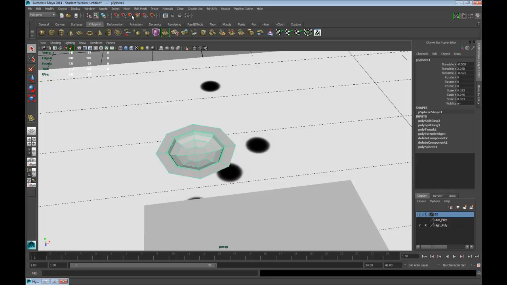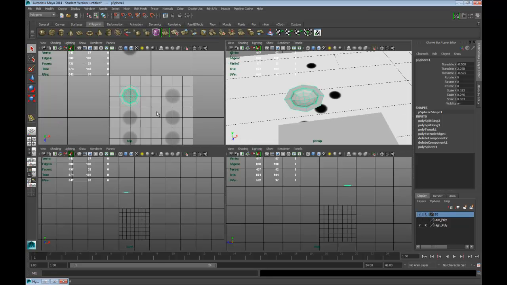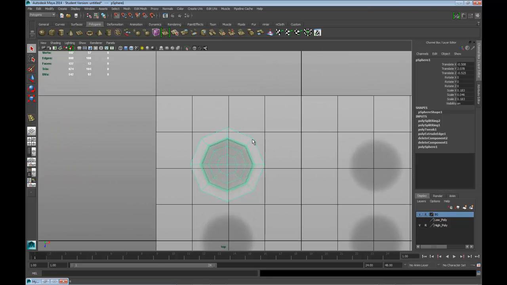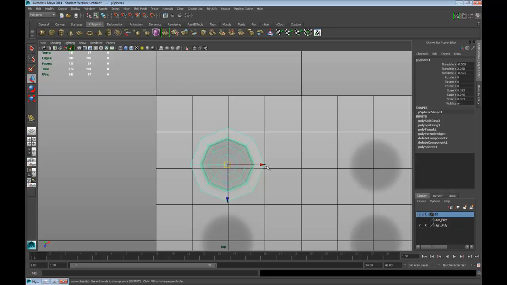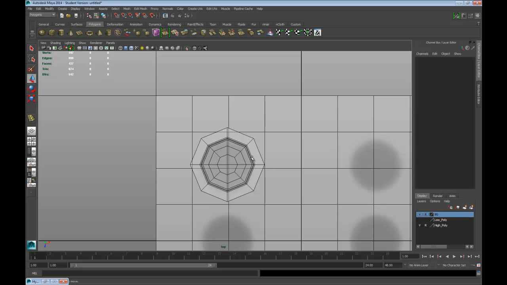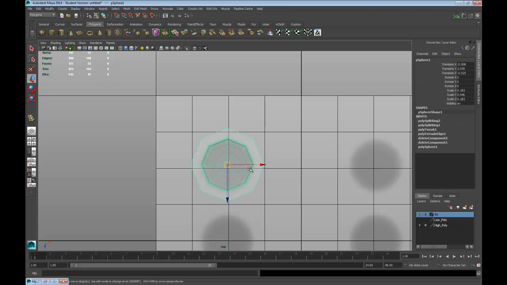What we're going to do now is use the grid system, so let's click on the grid. What we're going to do now is just move these vertices around, and I'm going to go ahead and turn off the grid system and move this over. So it's kind of right in the middle. Move that down a little bit. And I'll place the